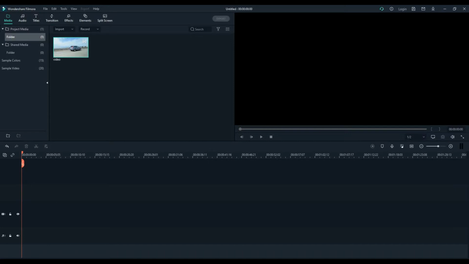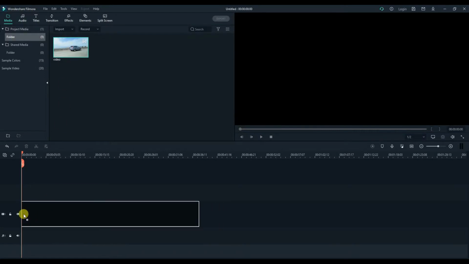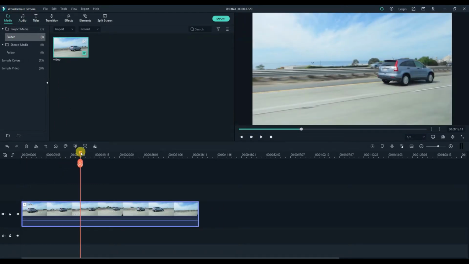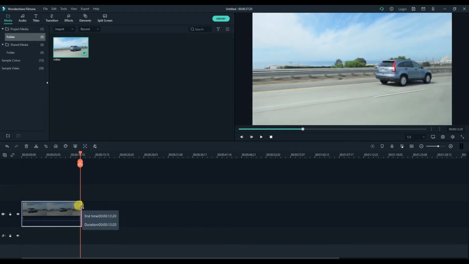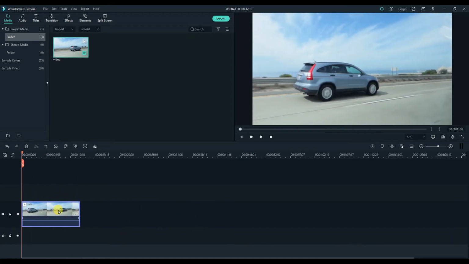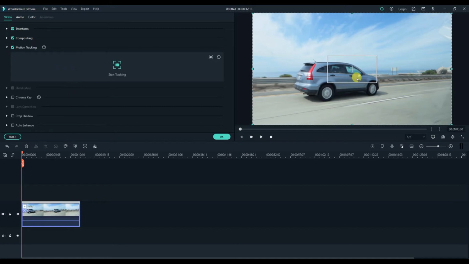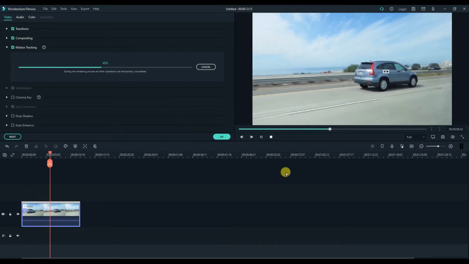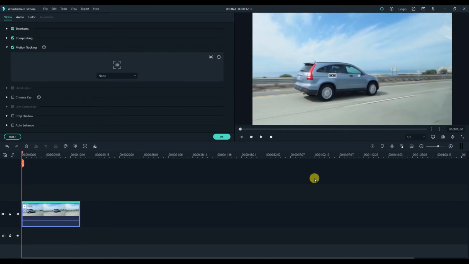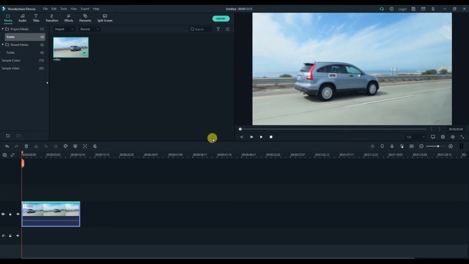So let's start. I'm gonna grab this clip that I've downloaded online, trim it to 10 seconds duration, and move this in the beginning. Double click on it and check on motion tracking, and this square thing will pop up, and we will choose an object so that this will be the one it will track. So hit start tracking and there it goes, and that's easy. It's not yet done, so hit OK